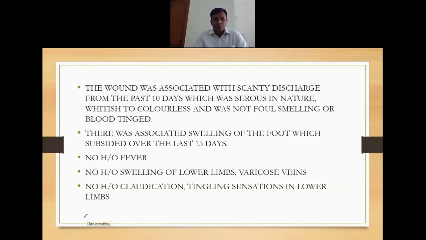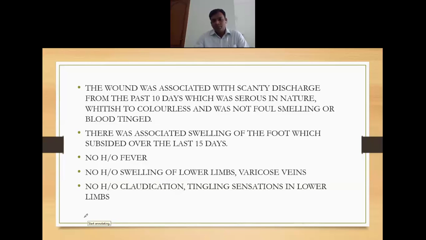So you asked for history of swelling of the lower limbs and varicose veins. Why is that history you have taken? Sir, even though the common position of a varicose ulcer is near the medial malleolus or the lateral malleolus, I just wanted to rule it out completely. Okay. So you want to rule out the previous history, etiology. Yes, sir. You want to have a broad idea of how the ulcer heals.